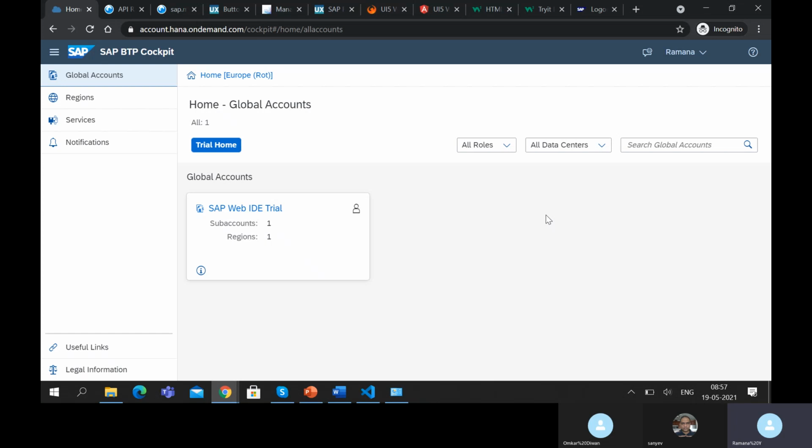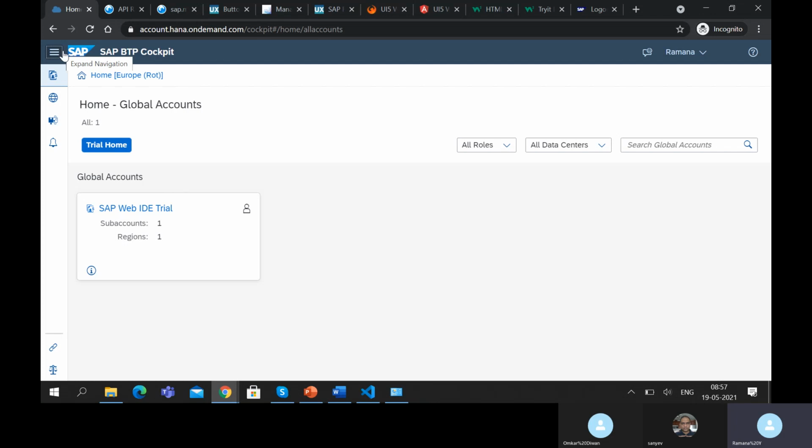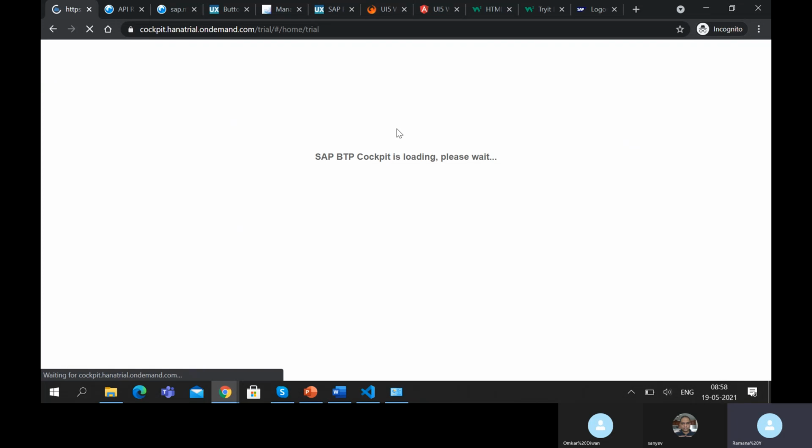How it changes is what I'm going to show you now. This is what we call a cloud platform. This is an open source platform called Cloud Foundry. On top of Cloud Foundry, SAP has built this Business Technology Platform. It is purely subscription based. Once I log into this, you can also log in and you should be able to see the same screen that I'm seeing right now. The moment I go to the home page, we have something called,